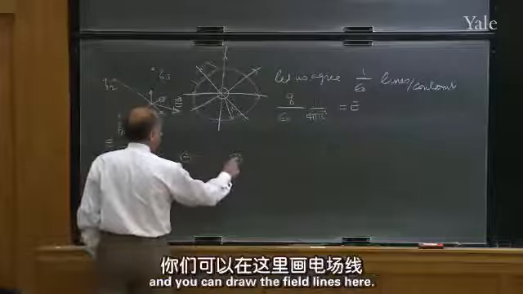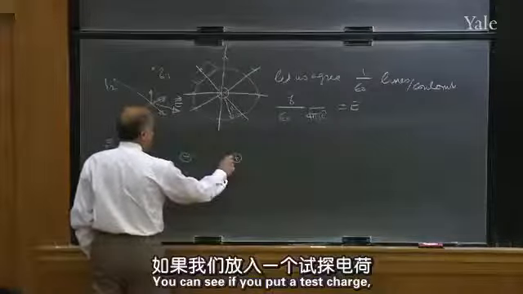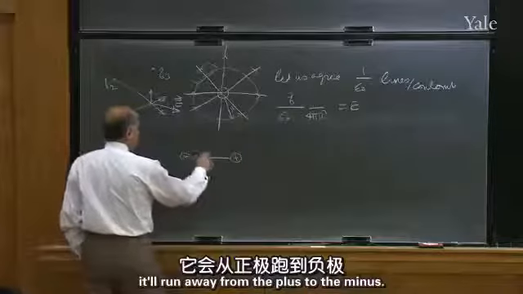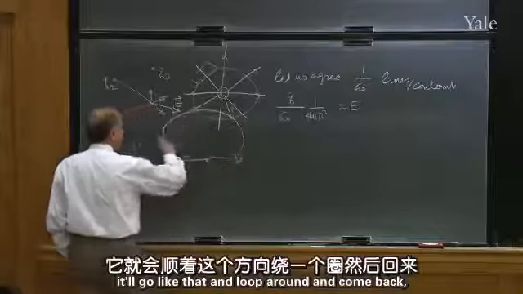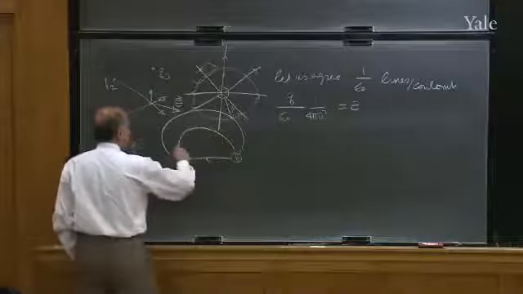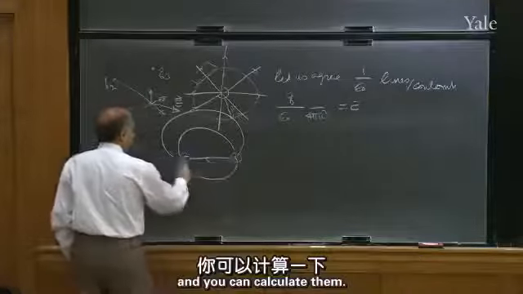And you can draw the field lines here. You can see if you put a test charge, it'll run away from the plus to the minus. If you leave it somewhere here, it'll go like that and loop around and come back. And you can calculate them. This is no longer